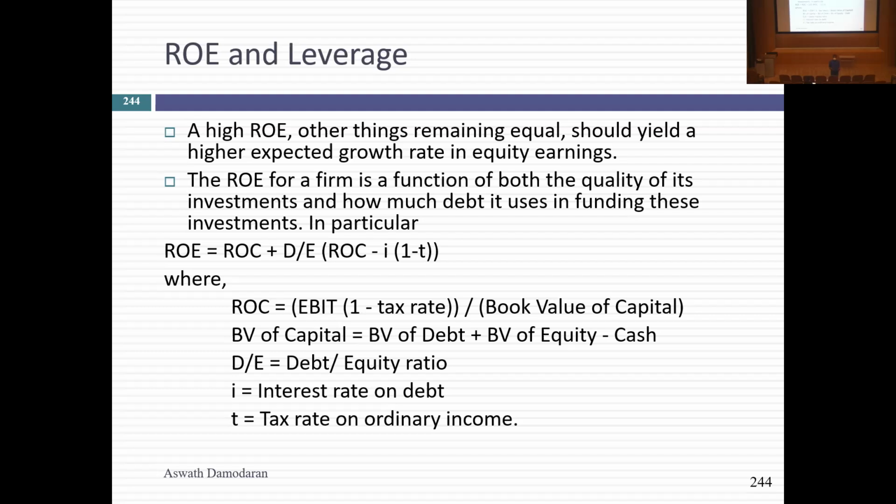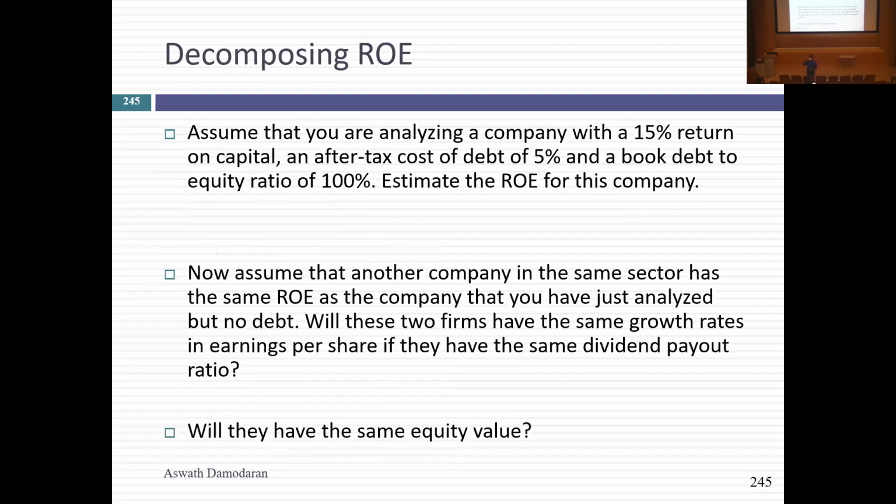Now, of course, this then leads to a follow-up. Return on equity goes up if growth in earnings goes up, right? If growth in earnings goes up, shouldn't the value of equity also go up? What am I missing in this logic? Because this seems to suggest that companies should just go out and borrow more money because they'll push up the return on equity. Pushing up return on equity will push up the growth in equity income. Pushing up growth in equity income will push up free cash flow to equity.